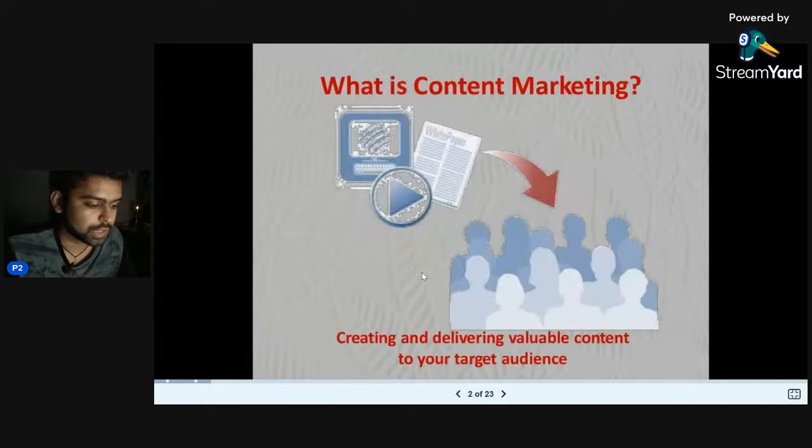So let's start with the second thing. What is the difference between content marketing and normal digital marketing? Basically it's all under one umbrella, but let me clarify what exactly content marketing means. In content marketing, you are teaching your users rather than trying to sell or pitch your products.